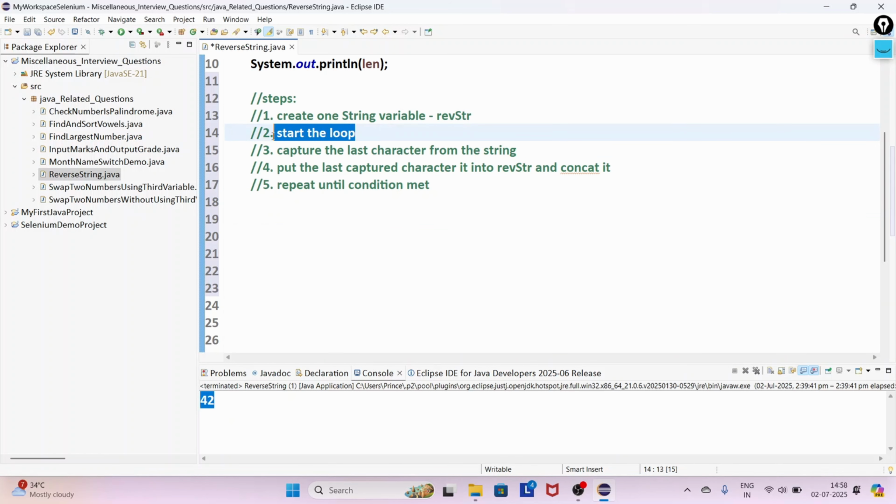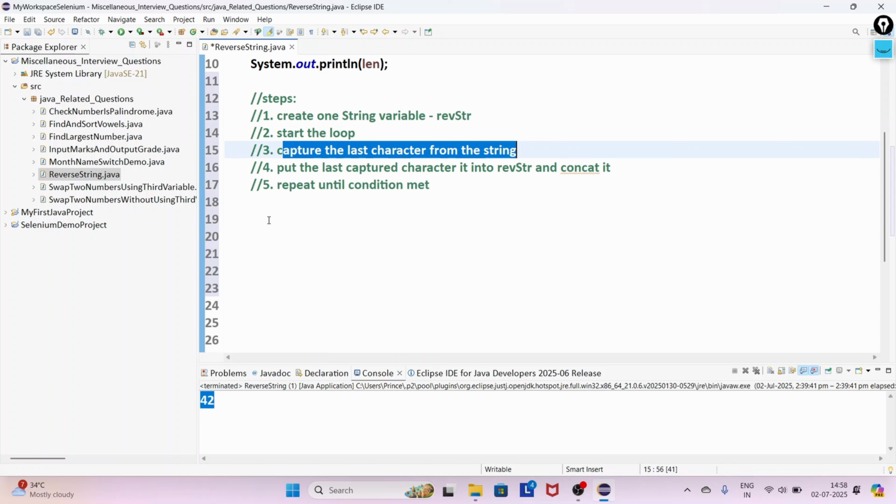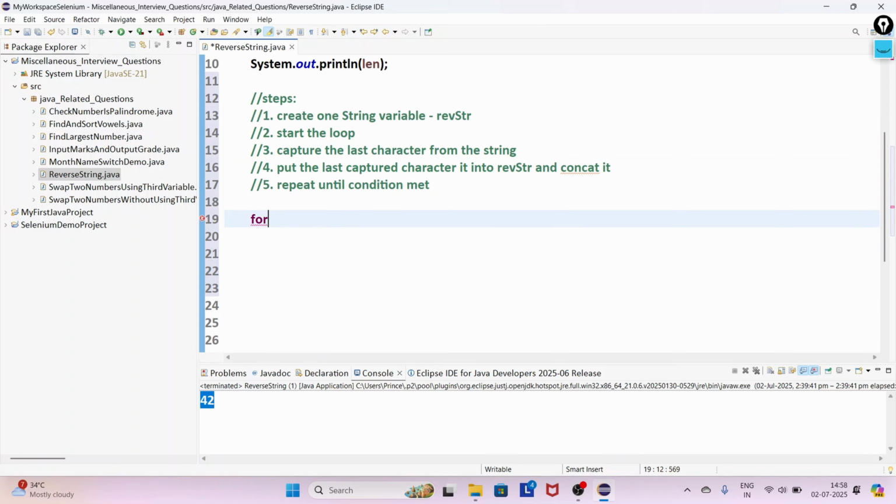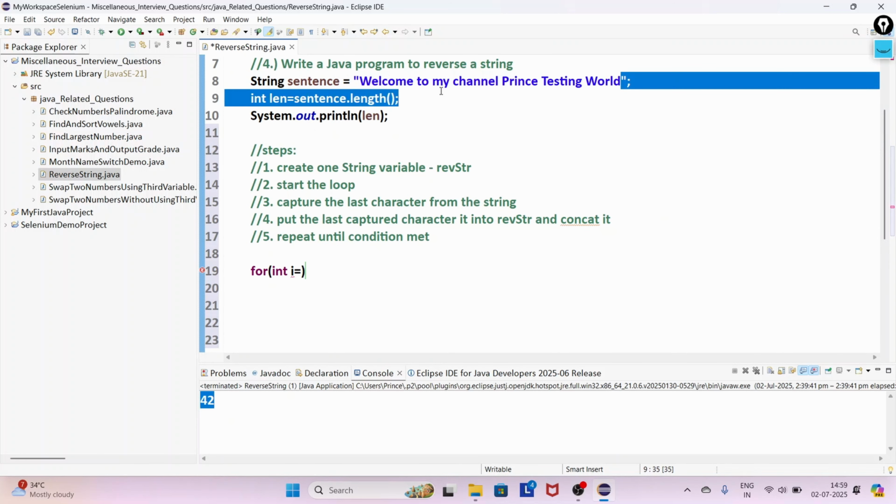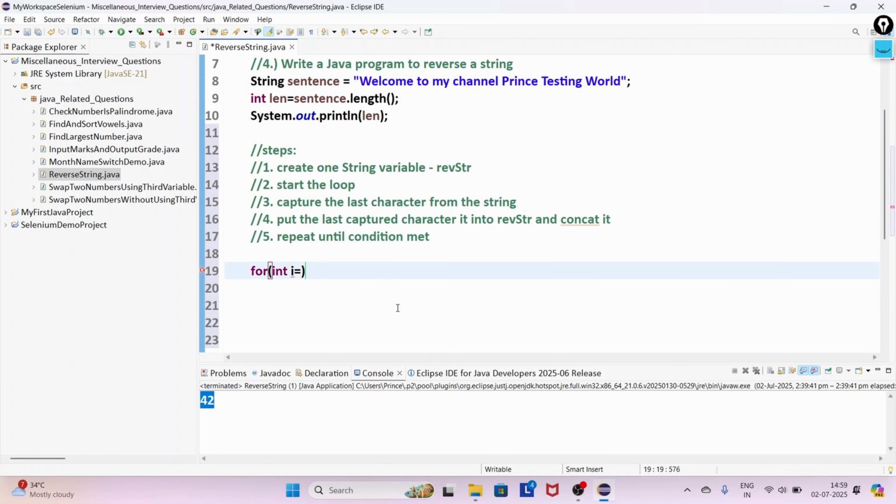So start the loop and capture the last character from the string. How will you do that? First of all, we will take a for loop with int i equals... From this string I have to capture the last character D, so I have to start from the length.